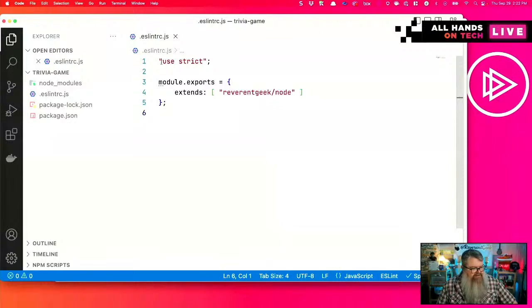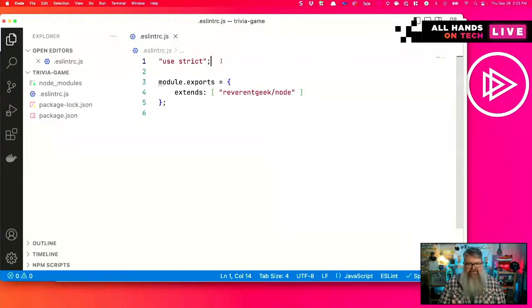One thing you may notice is declaring use strict at the top. So I'm a little bit old school when it comes to building Node.js apps. I'm still using CommonJS, which is by far the most widely used. Some of the newer projects are starting to use ES modules, or ESM, which means using the import export syntax. And that's great. We could do that in this project, but I'm not going to. I'm going to use just regular CommonJS modules.